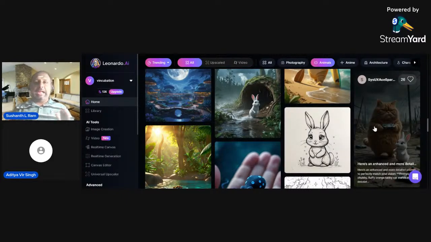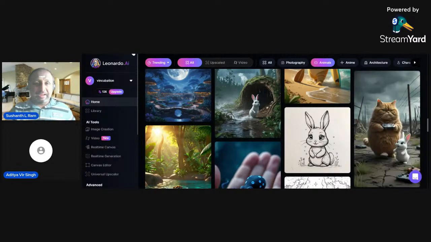Okay, so I've shown you how AI can be capitalized for your content, for your video scripting, for your blog, for your post, for your ad copy, for your cold DMs. I have also shown you AI can be used for your high quality picture management, how you can generate pictures. Now what? How AI can bring you sales, how it can get you leads free of cost. You want to see it? Let's go for it.